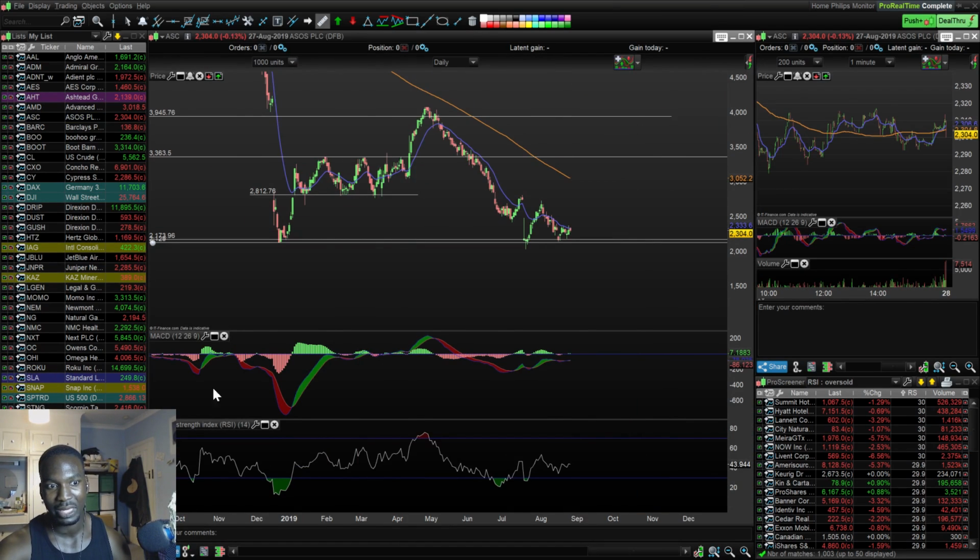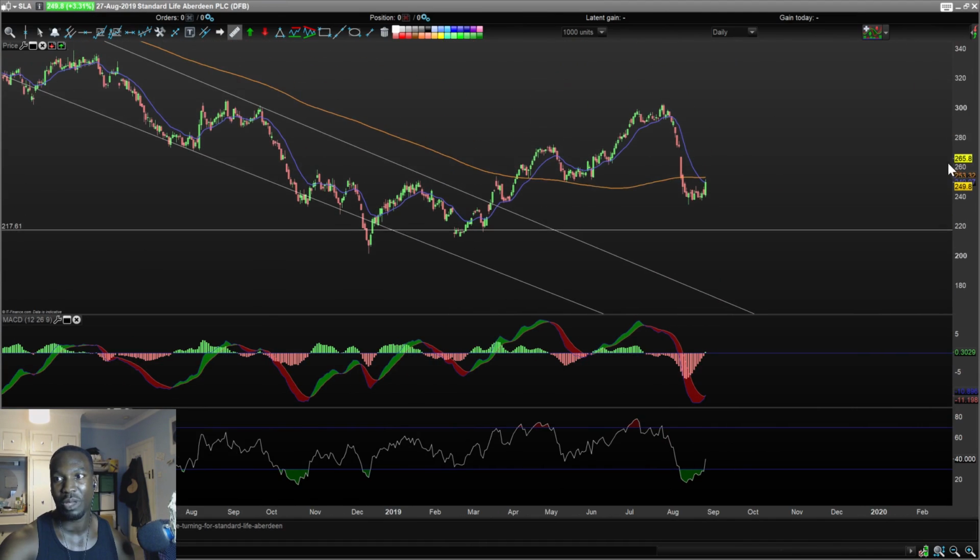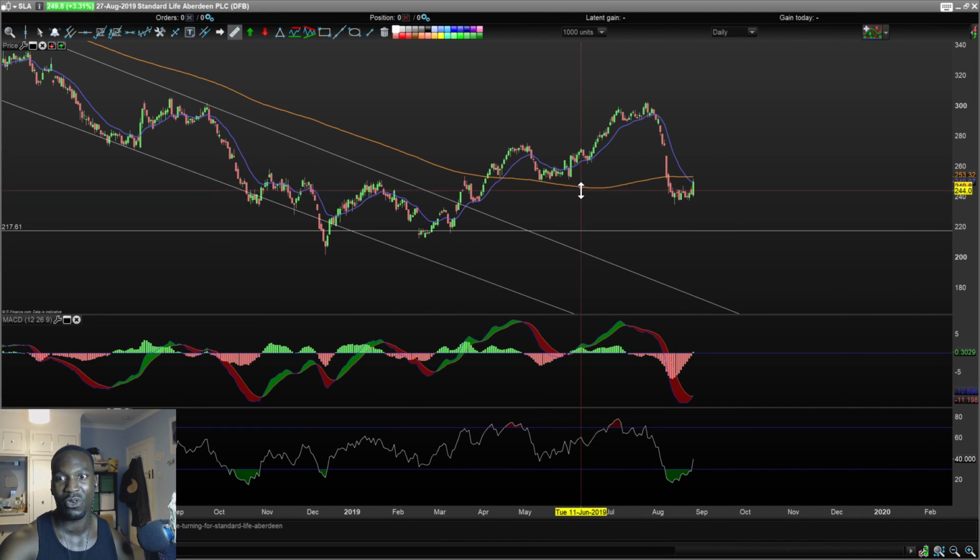Next one is SLA. SLA is one that we previously kind of traded before. The 188 simple moving average is above price now, which is kind of disconcerting because you never know whether it will act as a resistance to price. But the MACD and RSI are both showing bullish signs, so hopefully the SLA can climb and regain some of what it lost over the